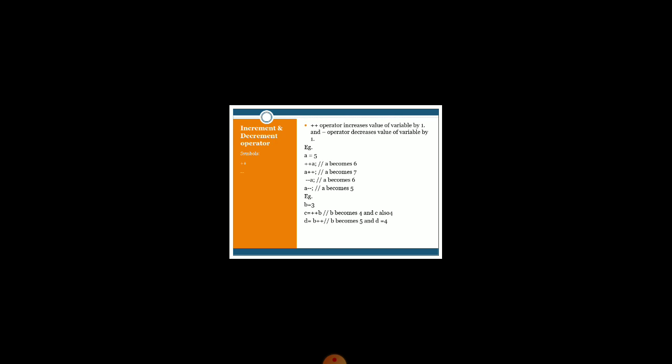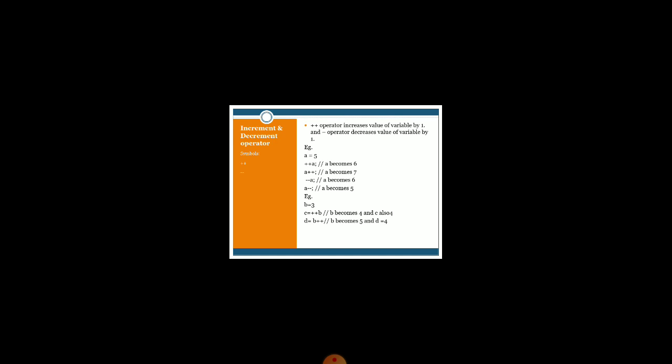But now in the next statement, if I write D equals B++, here I am using the operator after the operand. So it is called the post-increment operator. Now, post-increment means what? Post means afterwards you have to increment.